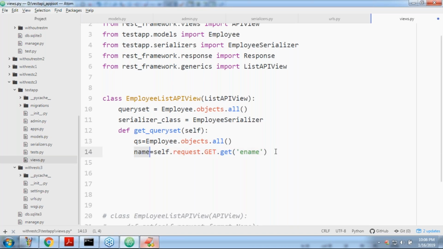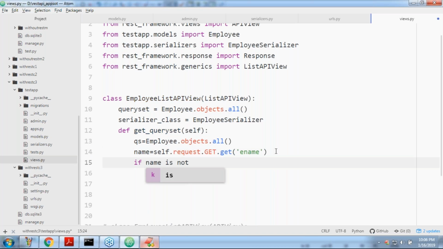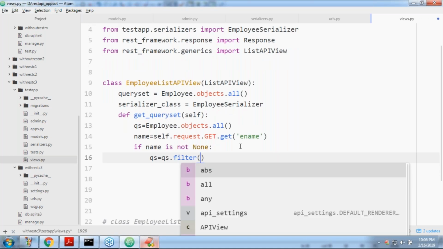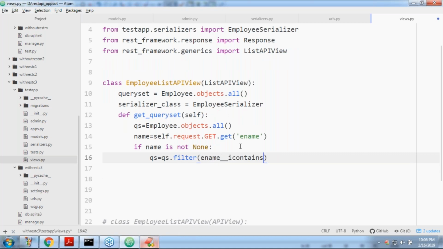If the name is not None, then queryset is equal to queryset.filter. Can you please filter this queryset, sir? What do I have to take? ename underscore i contains name.